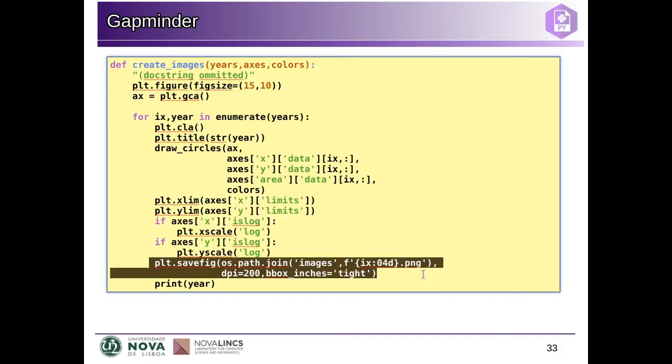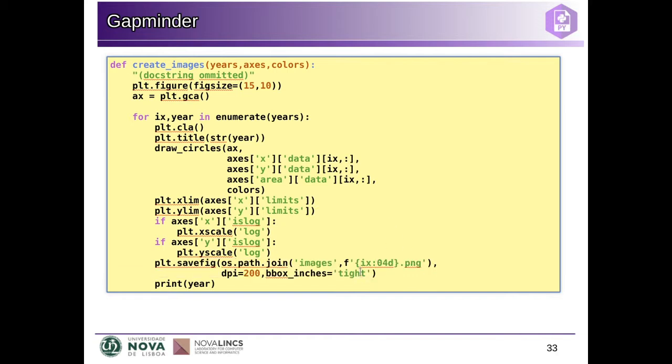Now we need to save the different images in order. So we're going to use this formatting string here, this F string. You can experiment with this, but this is a very convenient way of creating strings with values. If you precede a string with an F, then everything that is inside brackets will be evaluated by Python. For example, this ix will be considered to be actually this variable, and we can get the value there. And furthermore, we can specify if it's a number or string or something like that, how it will be represented